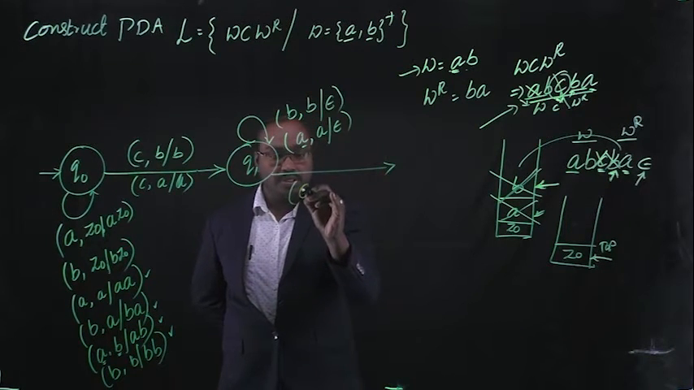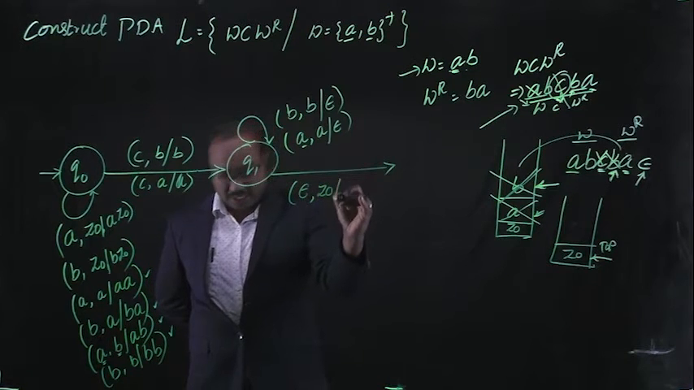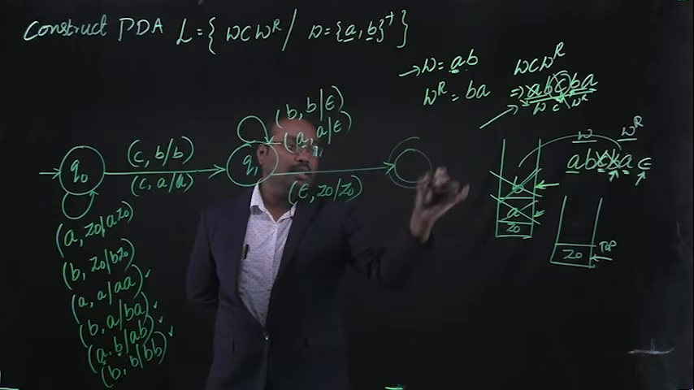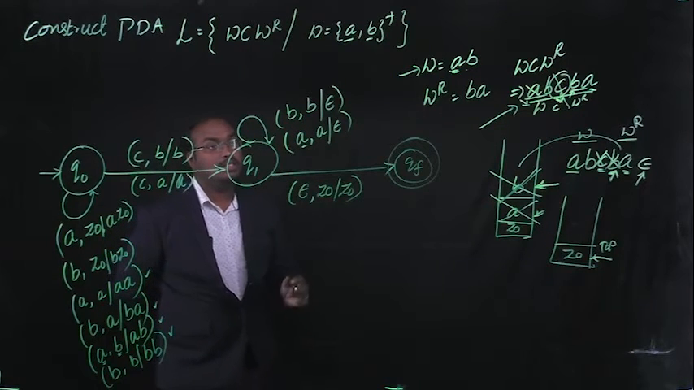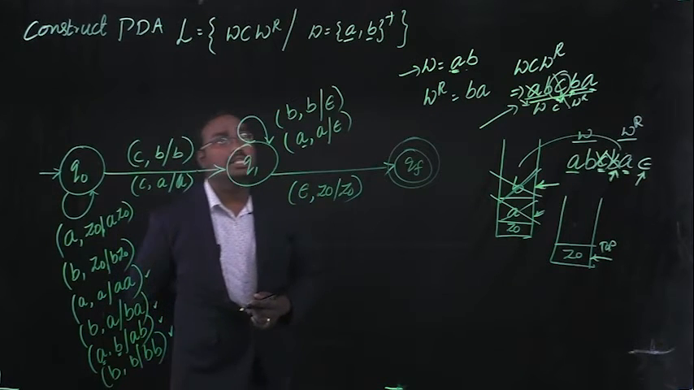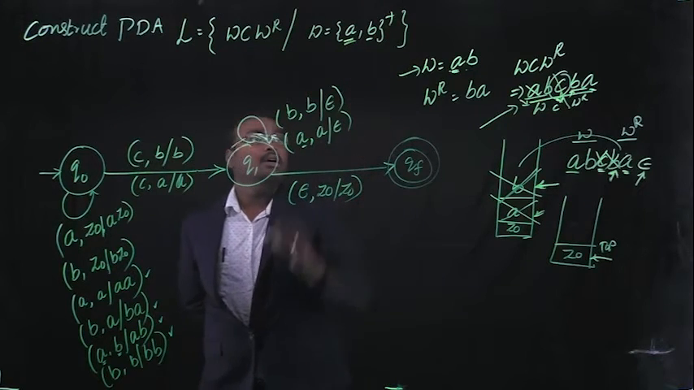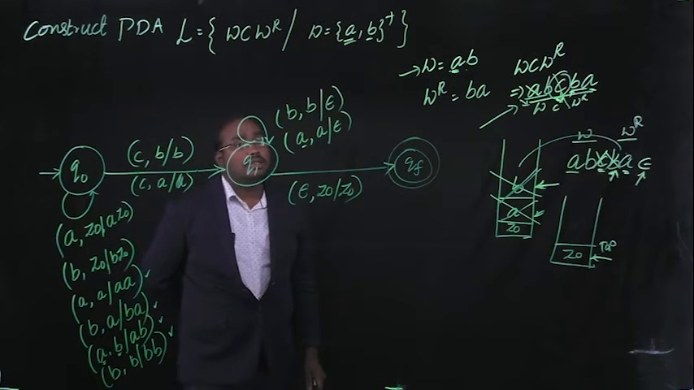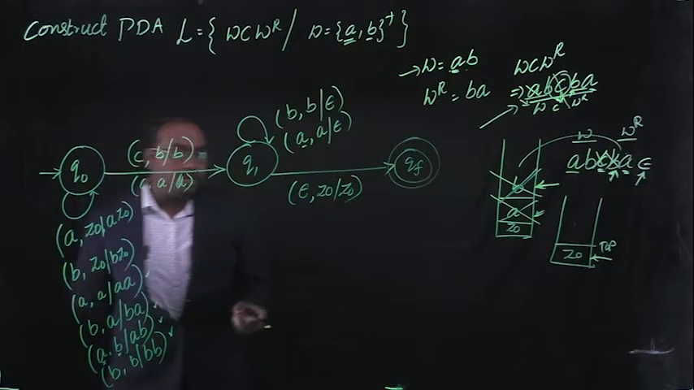Whenever the input symbol is epsilon and the stack's top of the element is Z0, then we can accept the given language. That means we can reach the final state. So this is the PDA for the given language W C W power R. That means at least one A or one B in the given string should be acceptable by the given PDA. So for example,